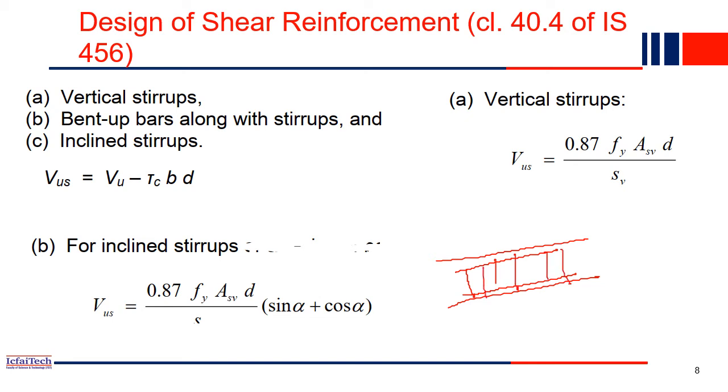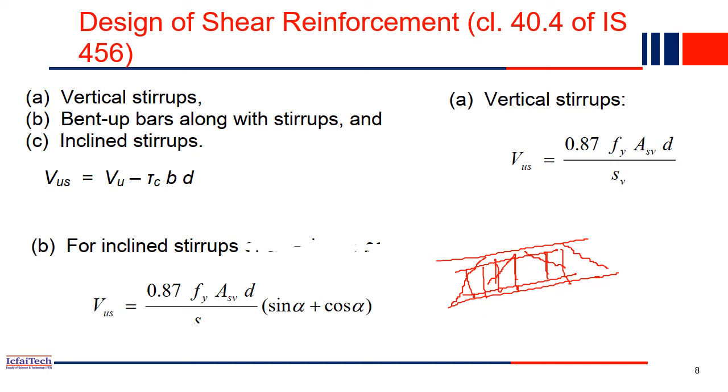Now we understood that cracks will happen at 45 degrees, something like that, and near the support cracks will always happen, something like that. To take care of these cracks, you can provide these vertical stirrups. These cracks will be prevented by this stirrup. That's why we provide this stirrup. This stirrup won't allow these cracks to propagate. So this is one way to provide vertical stirrups. Another thing is we can provide inclined stirrups also.